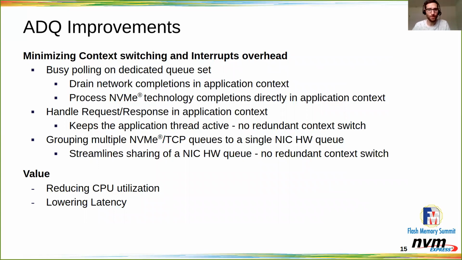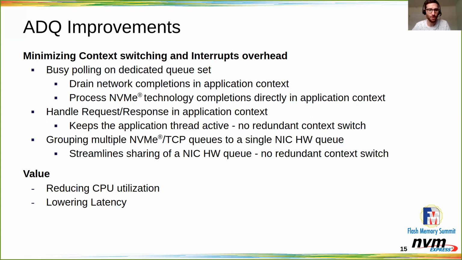We handle the request when we send and the response directly, eliminating the context switch between the IO context and the application. And we also have the ability to group multiple queues together in a single NIC hardware queue to streamline sharing of NIC hardware queues